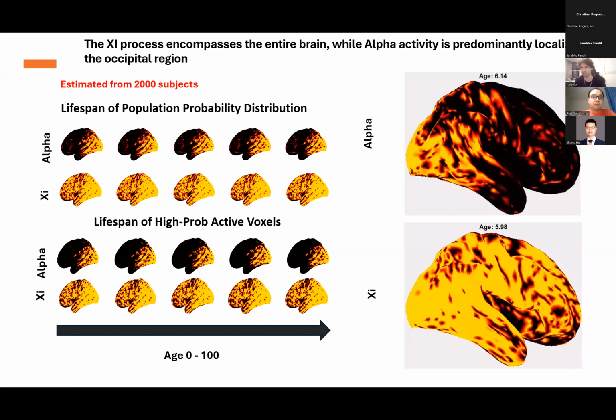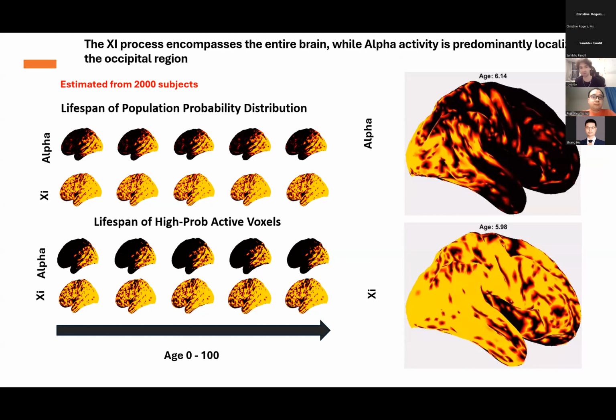And in the second set of rows, what you can find is for which voxels the probability of a particular process in a voxel is higher than 90%. So what we can see on the right is a simulation of a regression of the Chi and the alpha process against age. We can see fluctuation, but the result is the same. So the next slide is going to be the last one.